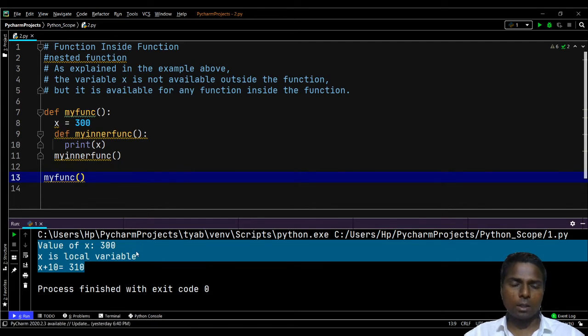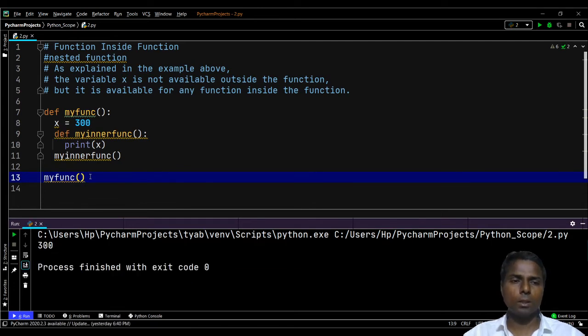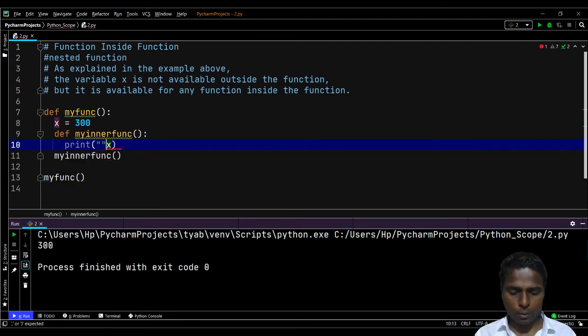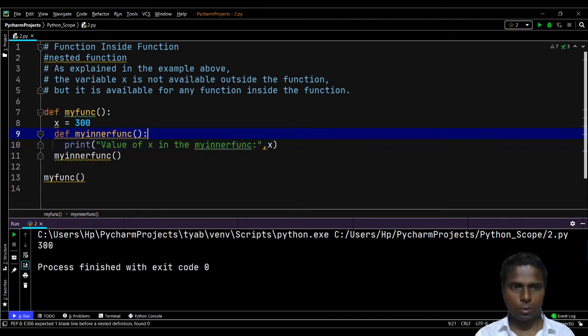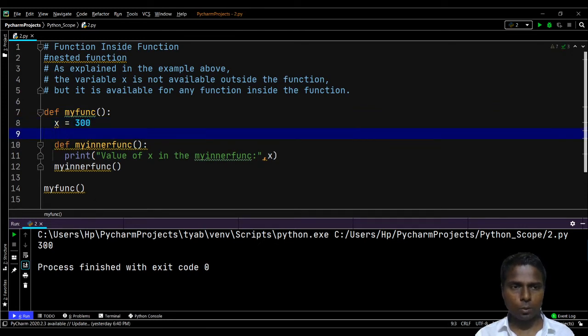Let us check it. I am executing this program: 300. If I want to display a proper message, I will copy this statement with Ctrl C, Ctrl V, and write here "value of x in my inner func".